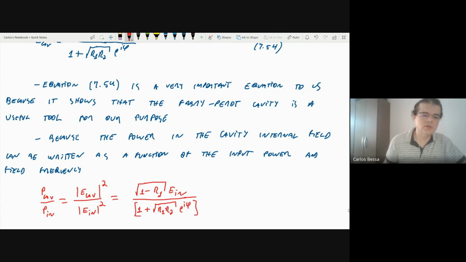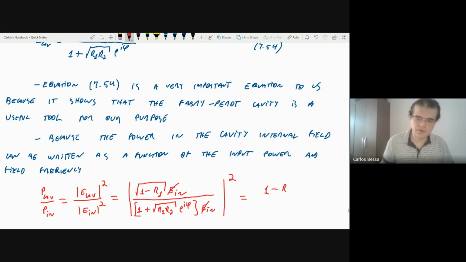So this is the E cavity that we just calculated, divided by E in. And all of these is the modulus squared. Okay? So E cavity is this here, E in is this. So you can just cancel these two, and we have